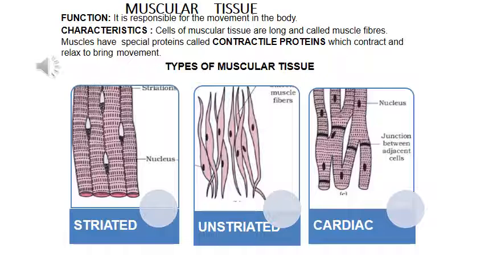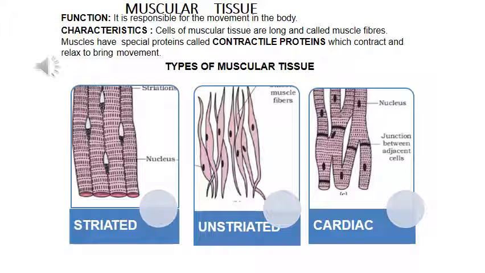Muscular tissue. Muscular tissue consists of elongated cells. All of you read along with me. Also called muscle fibers. This tissue is responsible for movement in our body. Muscles contain special proteins called contractile proteins which contract and relax to cause movement. Can you recollect and tell me here the names of the two proteins? I'll tell you here. The names of the two proteins are actin and myosin.